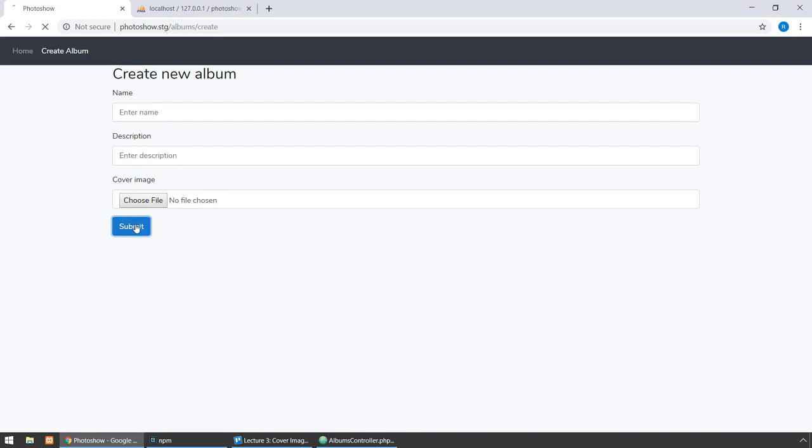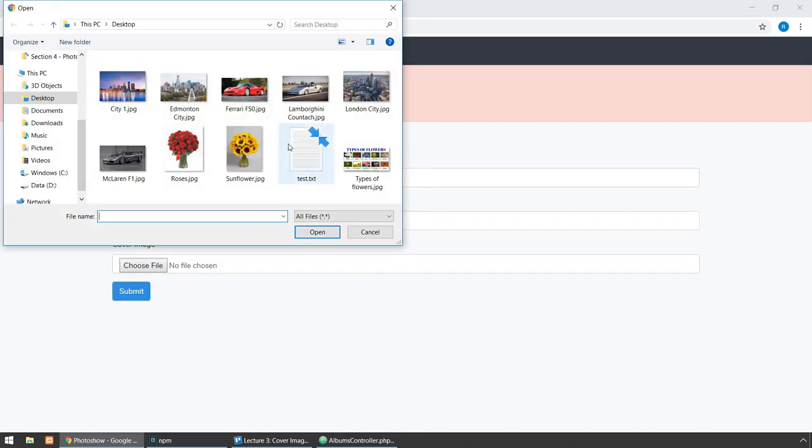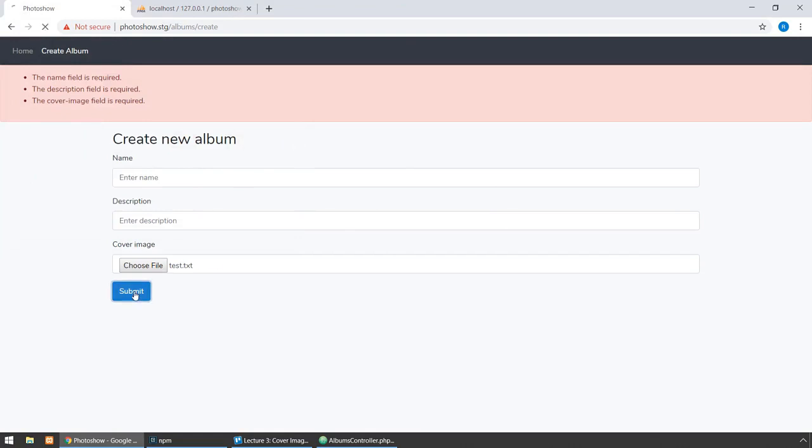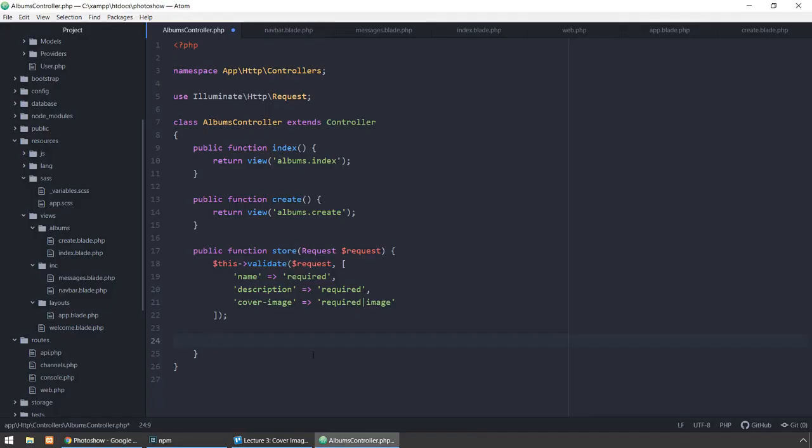And here you have our 3 fields required, and if the file is not an image, it says the cover image must be an image. Okay, great. So let's go back to the store method,